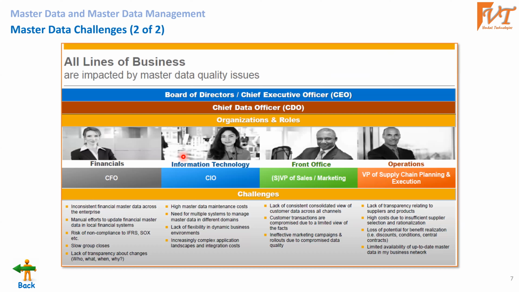So there are different lines of business for each business. Once the master data is impacted, obviously there would be tremendous pressure on these folks, and it's not always the same line of business for all the businesses. It's just a scenario I have taken. That's why we have to ensure the quality of the master data.